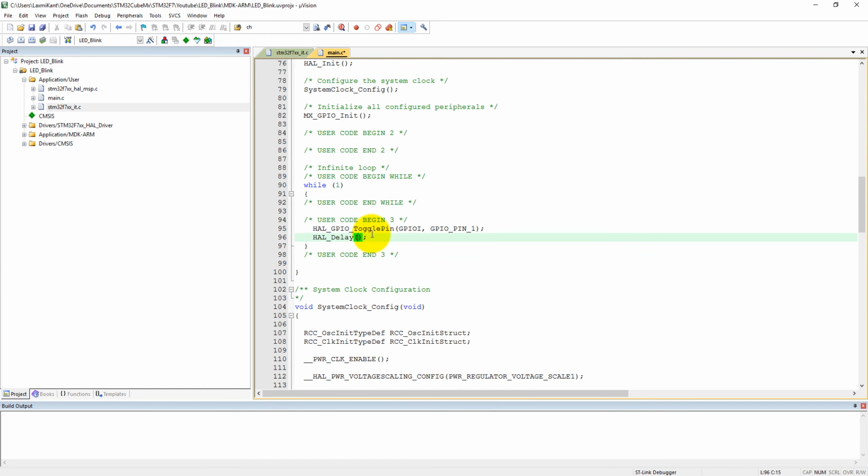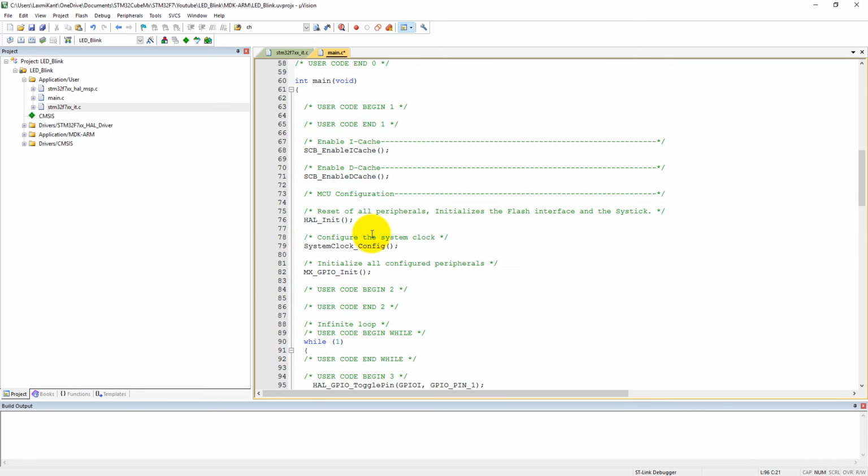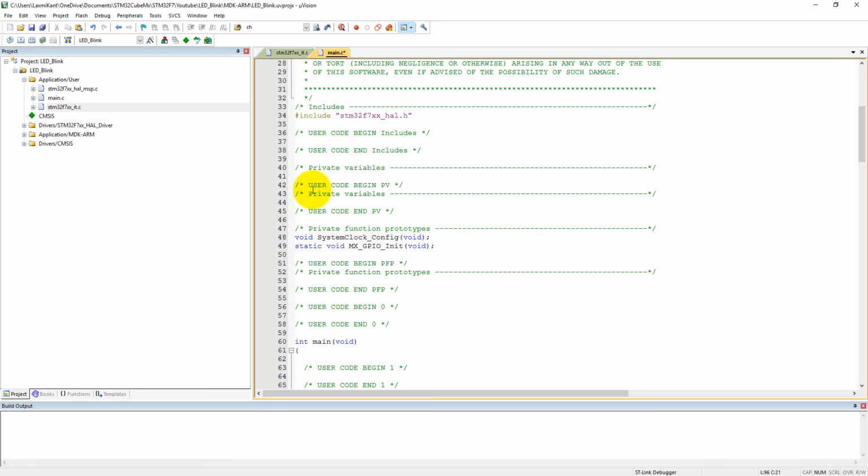So here let's change a delay variable. Earlier it was fixed, now make it tdelay. Let's define tdelay here in the private user variables. So let's define it as uint16_t, that is unsigned short, and tdelay, let's make it 250 at first.